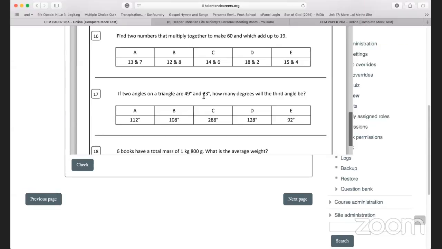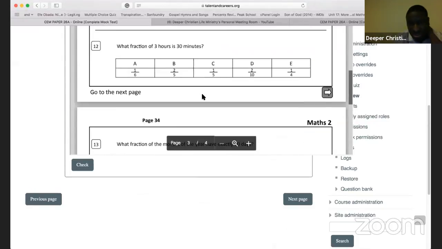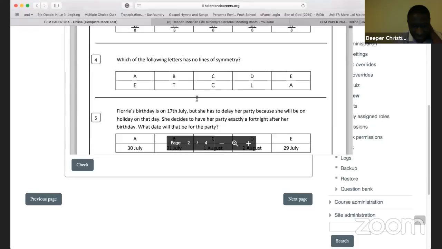Yes. Right. So you can try 17. You can try any one that you think you can do easily. Okay. Now I'm equally going to send you, let me stop the